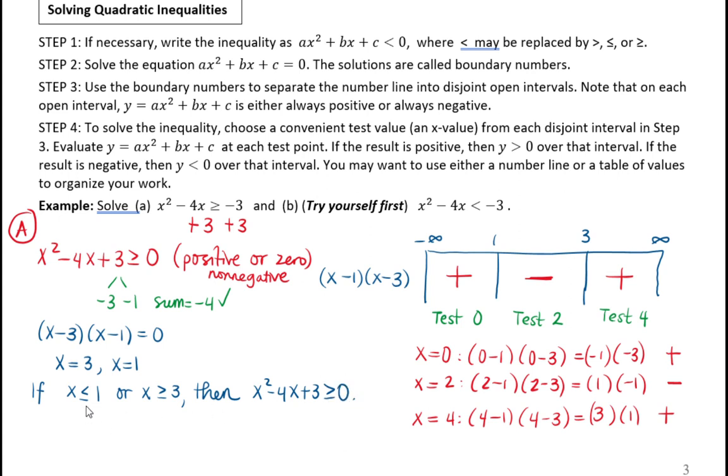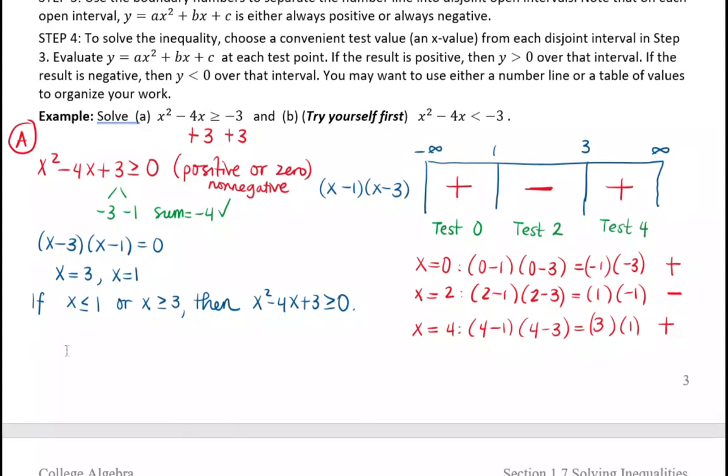We want x to be less than or equal to 1 or greater than or equal to 3. So how do we write this down? We write this as an interval. The solution set is simply negative infinity comma 1 with a bracket,